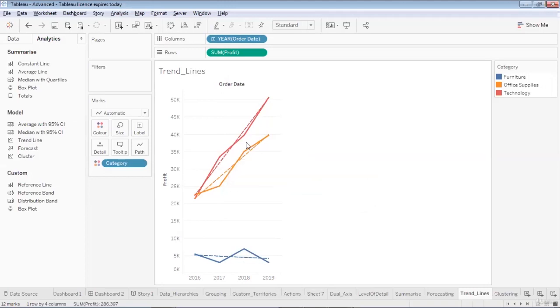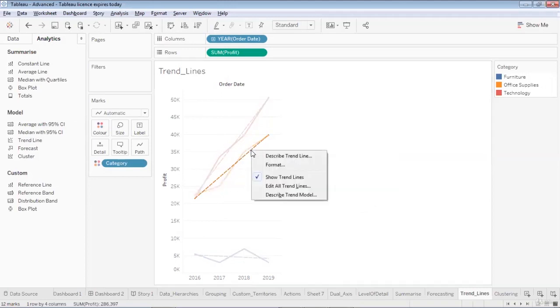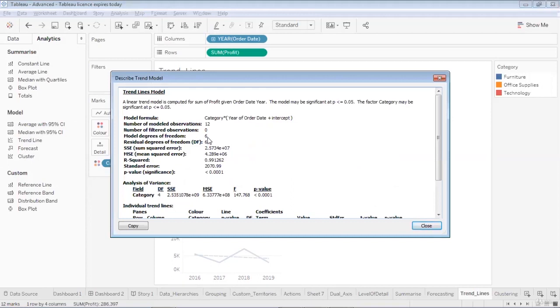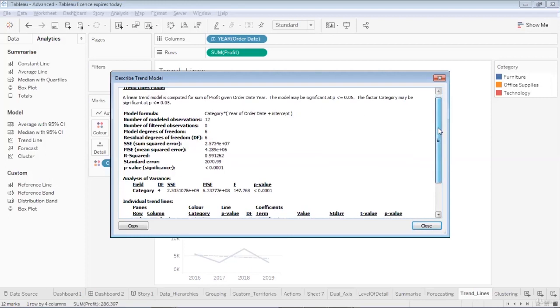Now, if I would like to further deep dive into this trend line, I'll right click on this trend line and go to describe trend line model. When I do this, I'll get the details corresponding to this trend line. This is showing me that the model is significant and the p value is less than or equal to 0.05. A model which has a p value less than or equal to 0.05